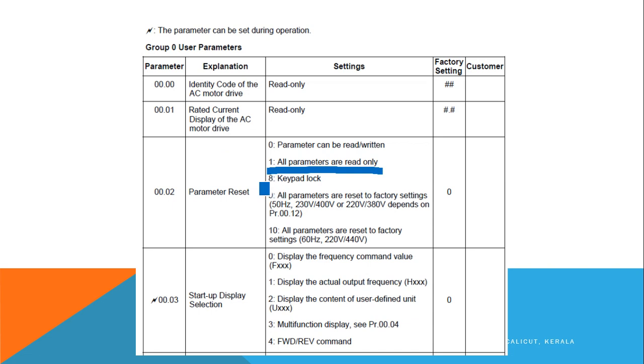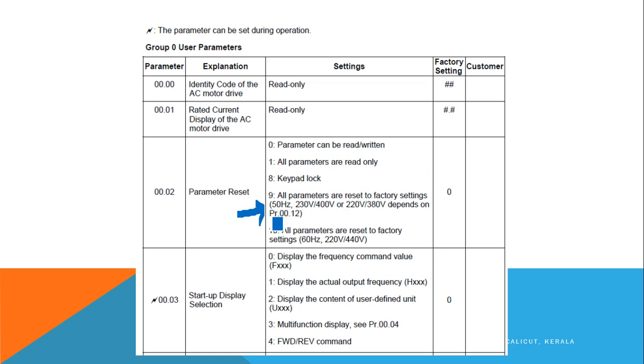And 8 is keypad lock. Keypad lock means you won't be able to use the parameter editing option at all. It is totally locked, as we lock the keypad on our mobiles. So if you know the pattern or pin, only then will you be able to enter the settings. Similarly, a VFD can have a keypad lock. And if it is 9, the parameters can be reset to a particular section. This means it will be reset to factory setting mode. It will be fresh.